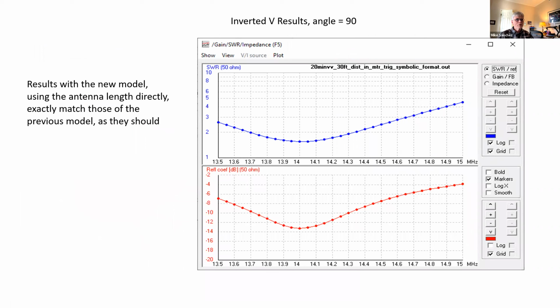Exactly the same result for the frequency sweep because we had optimized it to be at 14 megahertz, the minimum SWR. Okay. So let me stop and say,